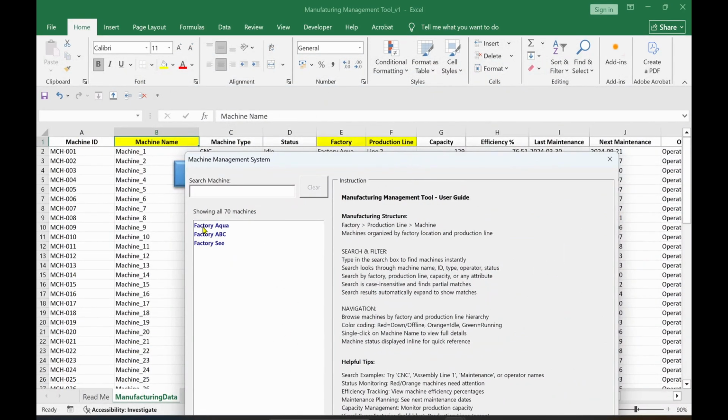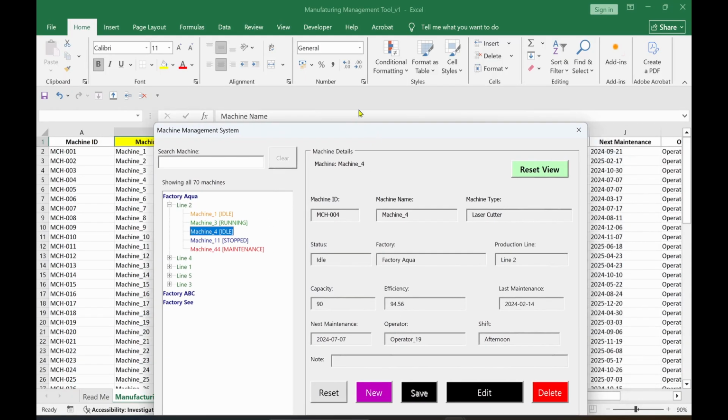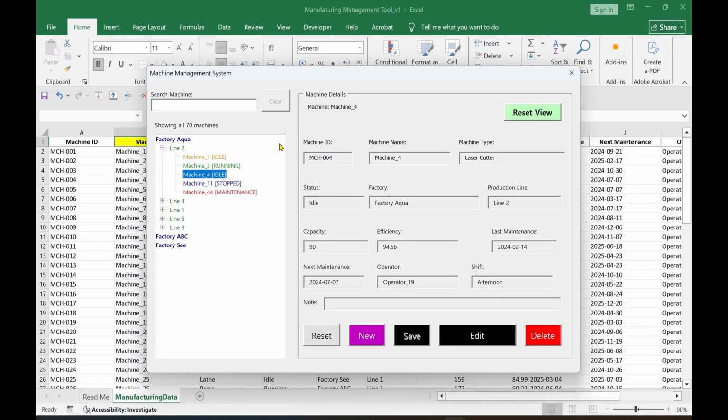The first one is factory. If you click factory, you are able to see product line. After that, you are able to see machine name here. If I click machine 4, you are able to see detailed information on selected machine from machine ID up to shift information. In the below part, you are able to see 5 different buttons which allow you to control your